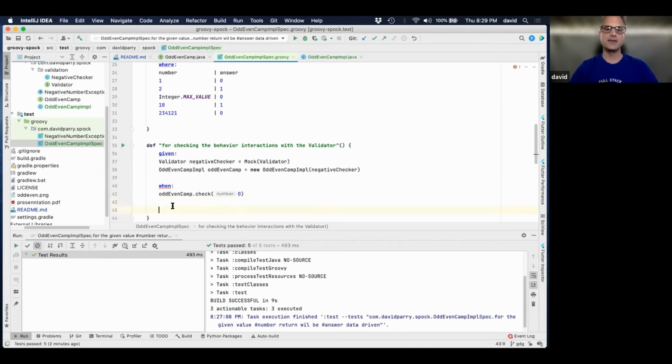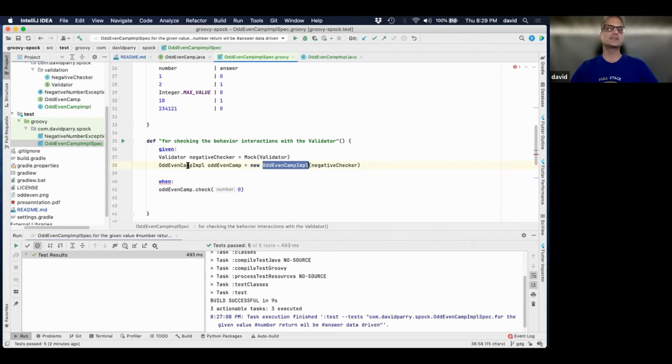Because we've already done the validator and the odd and even. The one difference here is that I have an interface, because we're doing good programming, writing code to an interface. We call mock on it. You can do concrete classes in Groovy too, in Spock.